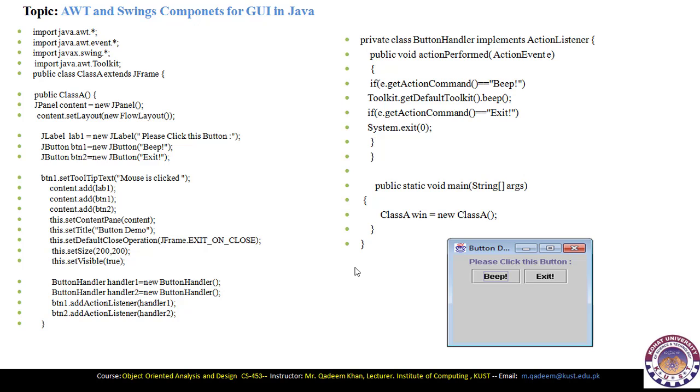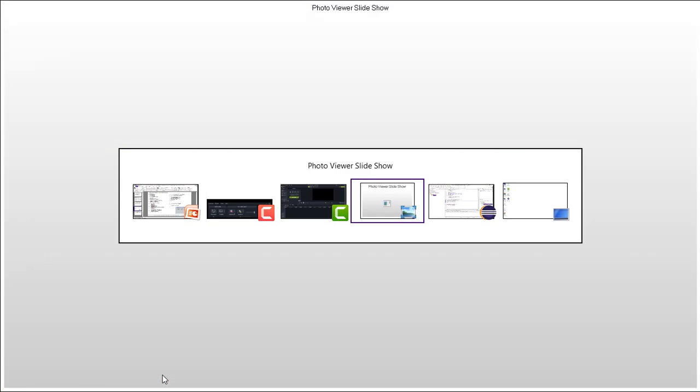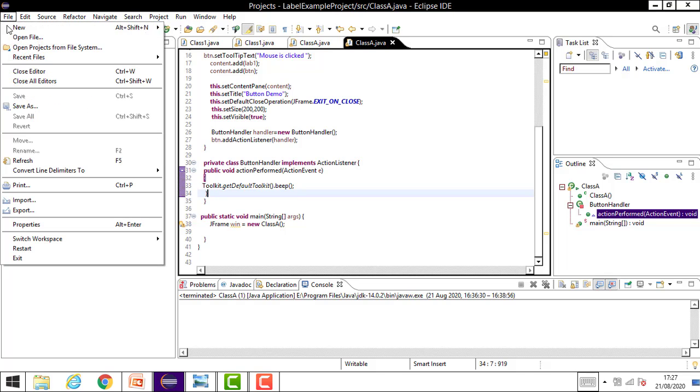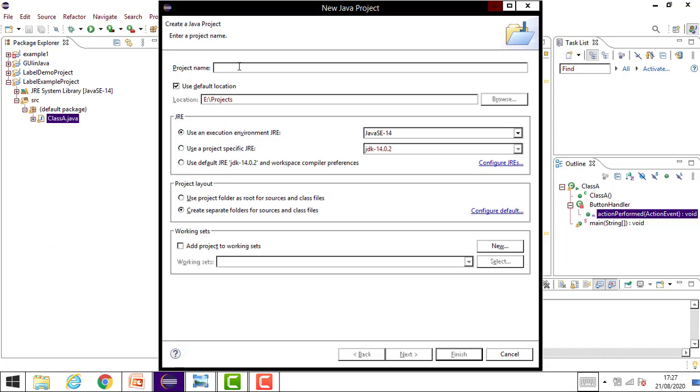Now dear student, we will execute this code in our Eclipse IDE. For this purpose, click on exit slides. So you see that the slides has been exited. Now I will start my Eclipse. This is the Eclipse. For this purpose, I am creating another project. So Java project is another project I will create. Here I should type the name of the project. This is the JButton demo